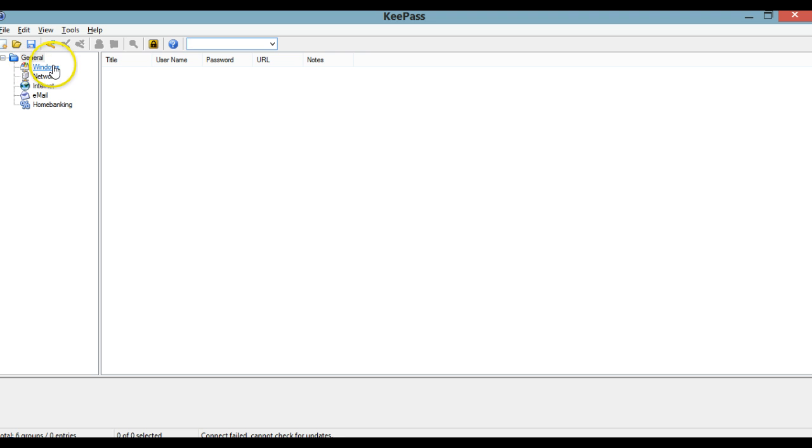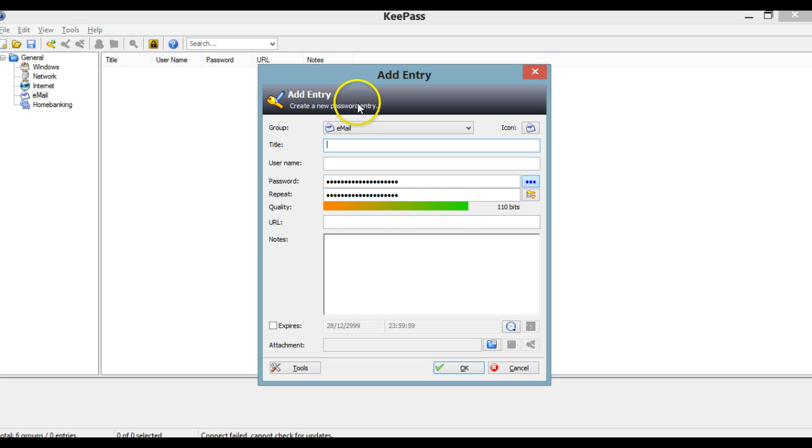So you can save Windows passwords, your network passwords, internet passwords, email passwords, and one for home banking as well. I'm going to demonstrate how to set up an email password. So what I'm going to do is click on email, and then go to add entry. I'm going to give this a title, and I'm going to call it my spare email. Okay, and my username, which is